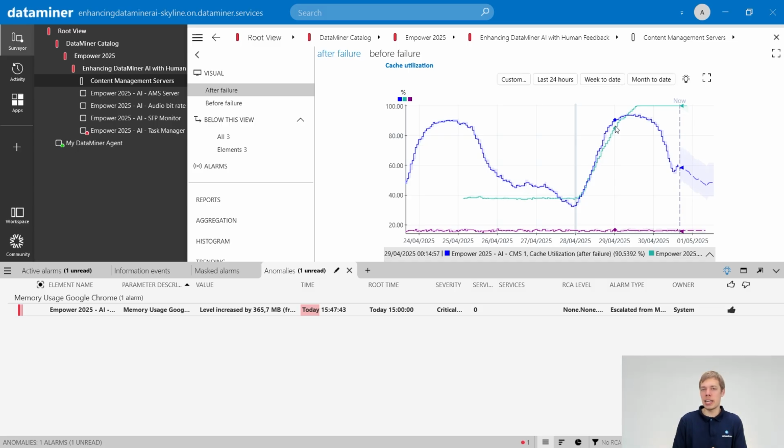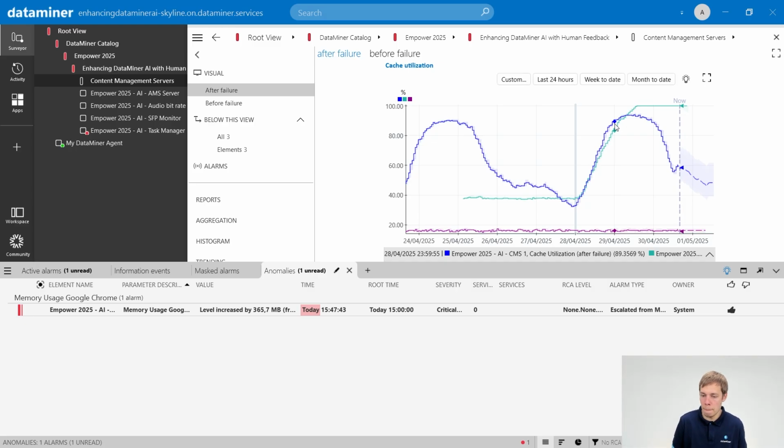Now, DataMiner is a complicated piece of software, so no doubt there are many ways you can try to detect this, but many of them are somewhat cumbersome. For instance, an obvious one is you could say, well, make an alarm template on the cache sizes here. And yes, you can do that, but because the behavior of the cache sizes is somewhat different between the different servers, this is actually a little bit challenging. If you want to make one alarm template for the 3 cache sizes, then if I also want to avoid that the blue one has false positive alarms,